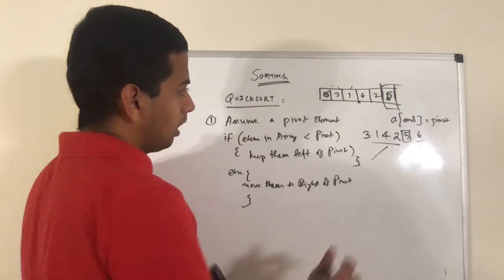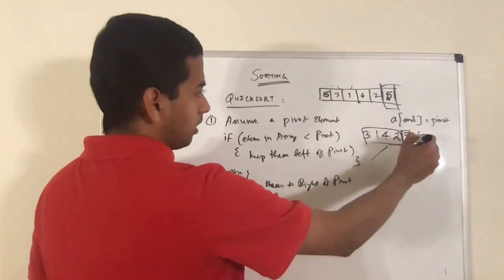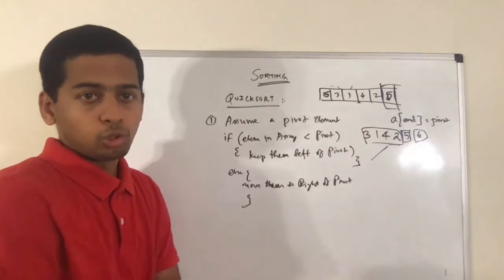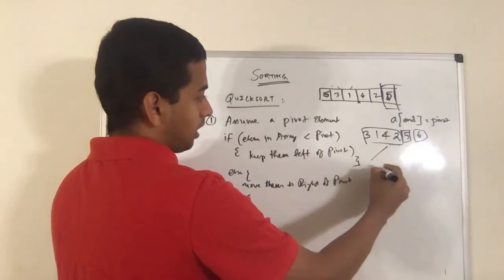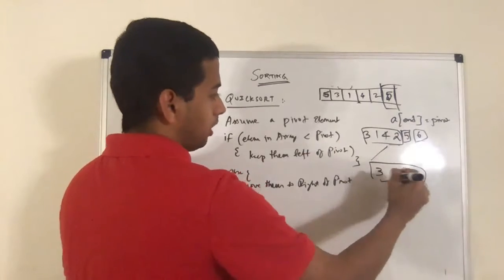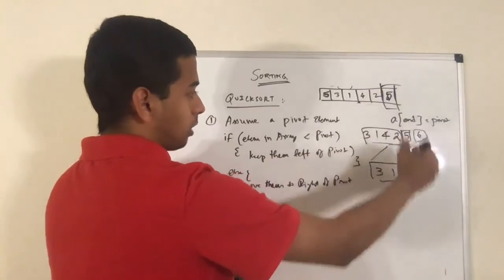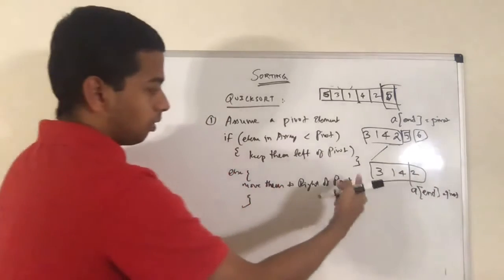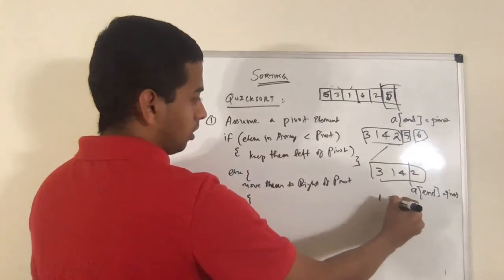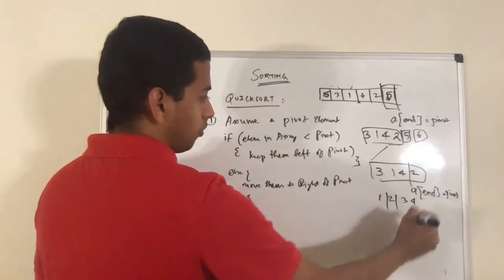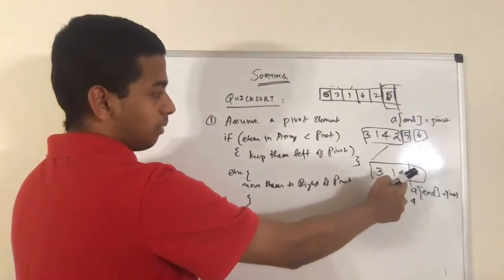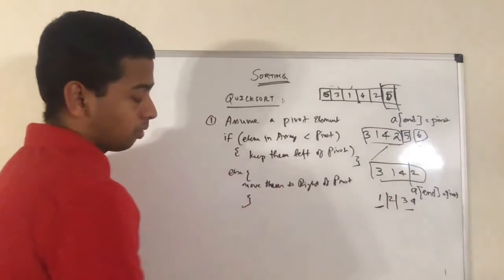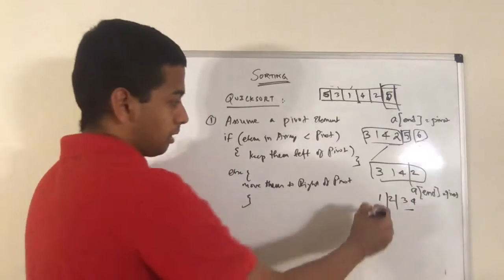Now, if I take the right subarray, it is only one element, so it is partitioned by itself because one element is sorted by itself. So we don't have to do anything. Whereas the left array is 3, 1, 4, 2. I told you that we'll consider a pivot element. The logic is always going to be A of end is the pivot. So in this case, it will become like 1, 2, and 3, 4. Why? Because the lesser elements will be on the left and the greater elements will be on the right. So less than pivot is 1, greater than pivot is 3, 4. So it rearranges like this.